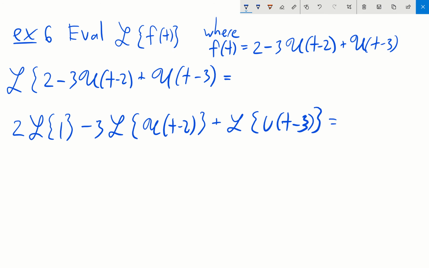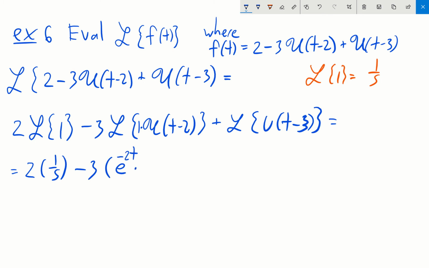We recall that the Laplace transform of 1 is simply going to be equal to 1 over s. That's one of our basic Laplace transforms. So for this first one, we just simply get 2 times 1 over s minus 3 times, now we can think of this as being 1 times the unit step function t minus 2, and we saw from just a moment ago from our translation theorem that this is going to be e to the negative 2s, excuse me, I should say, wrong variable, e to the negative 2s